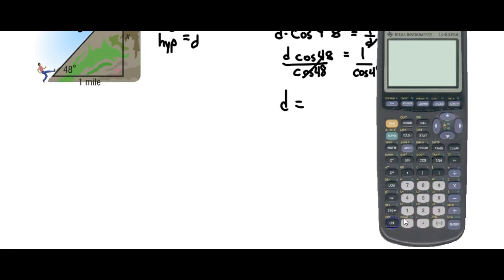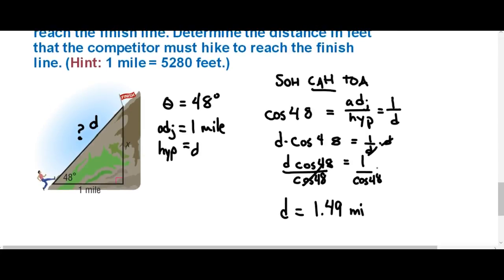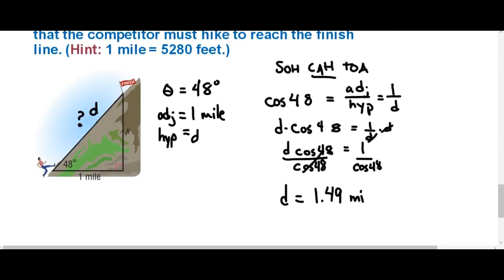When we put that in the calculator, we get 1 divided by cosine of 48. It's 1.49. Now remember, our units are in miles, and the question was asking how many feet the competitor must